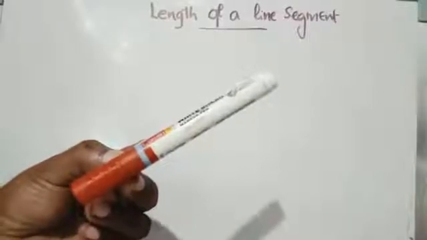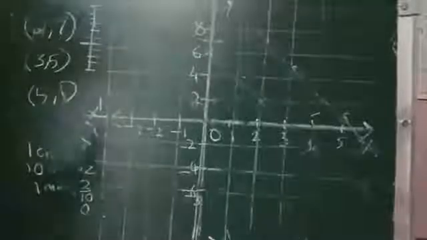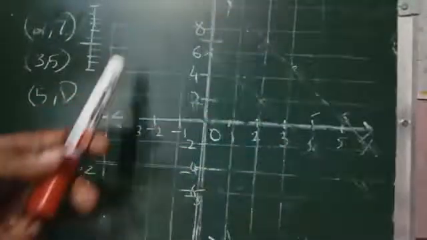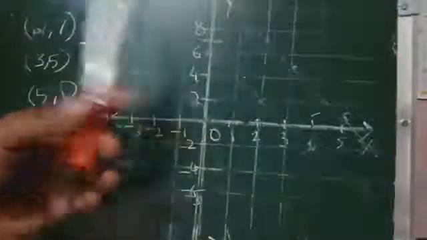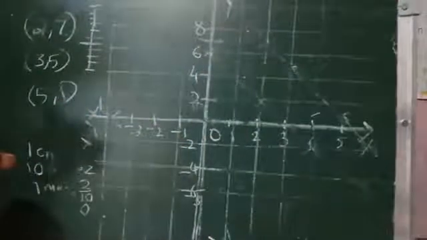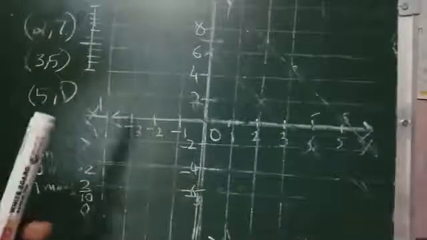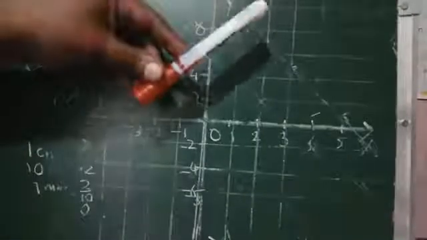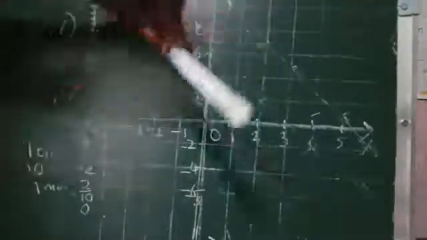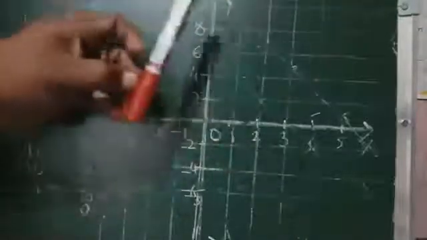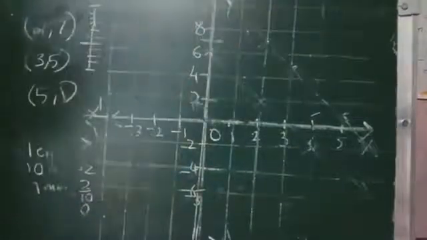For that, what we require is a graph sheet. This is just a drawn graph sheet. This is not accurate, but it is just for showing you as a sample. I made it. So take a graph sheet. Now place our marker, the length which we need to measure, on the graph sheet. However you want to place it, no issue, your wish. Even you can place like this or like this, your wish.